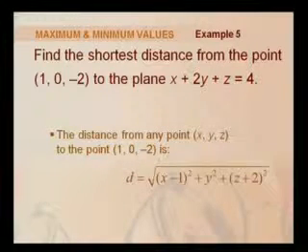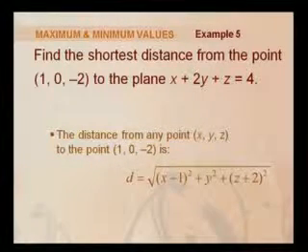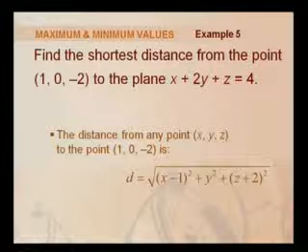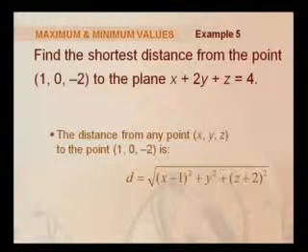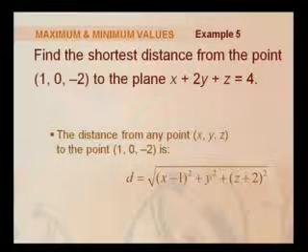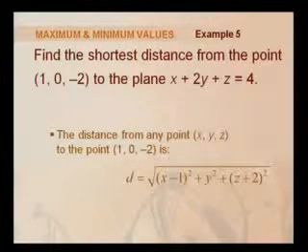This is another example for the maximum and minimum values. Here we need to find the shortest distance. That means we need to find the minimum value of this distance, for the plane x plus 2y is equal to 0, which is at the shortest distance from the point 1, 0, minus 2. From the distance formula, d is equal to the square root of x minus 1 whole square plus y square plus z plus 2 whole square. We will continue with this example